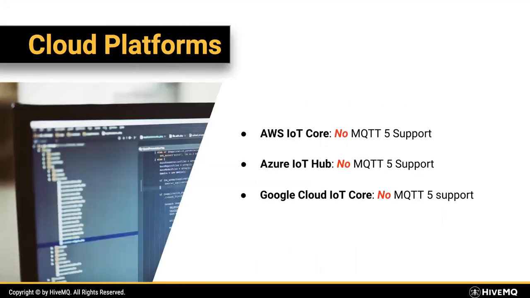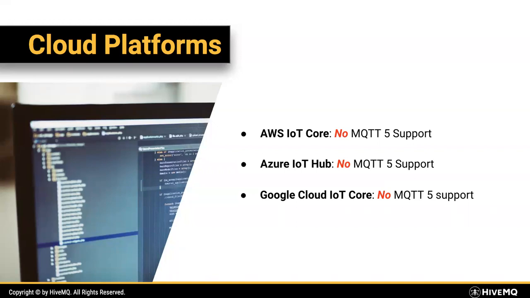Everything is supported here. For the cloud platforms, unfortunately, none of the cloud platforms of AWS, Azure, and Google support MQTT 5 at the moment. I hope that they will support a lot of optional features, but as it is now, they don't even support the required features of MQTT 3, like retain messages, quality of service 2, or some of them. So it will be interesting to see what kind of features they will bring and how they will support MQTT 5. As of today, you cannot use MQTT 5 with them. So you need to stick with MQTT 3 if you're a user of them.